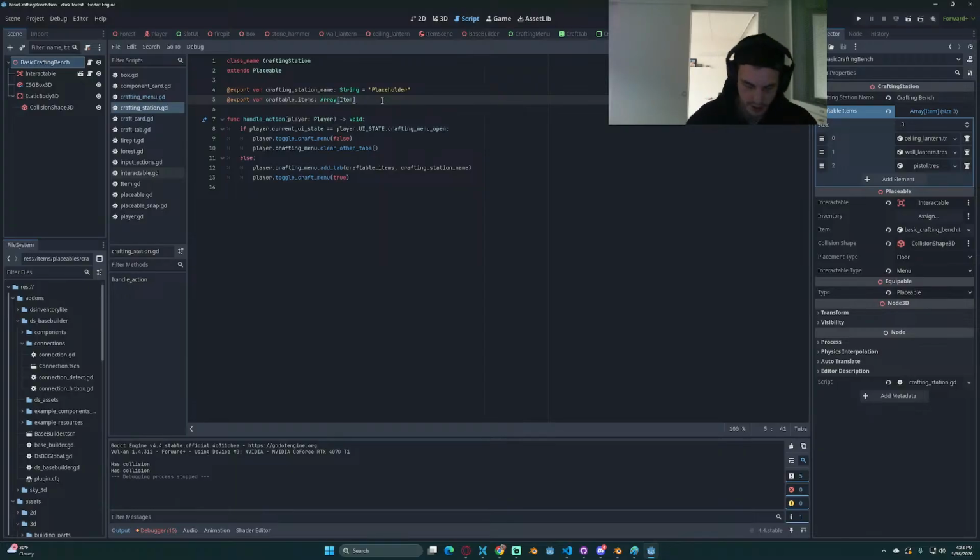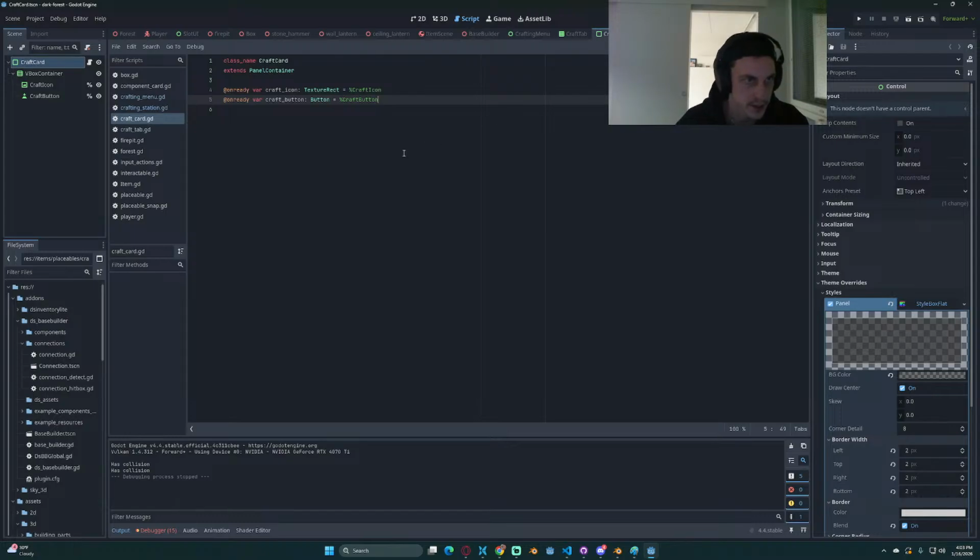What do I work on now? Do I just go straight to crafting? I think so. Let's go to our craft card, and let's do it without any resources yet, because we don't even have gathering in this. I should also do a debug menu where I can just add things to my inventory and stuff. But so each craft card has the icon and the button, but we also need,